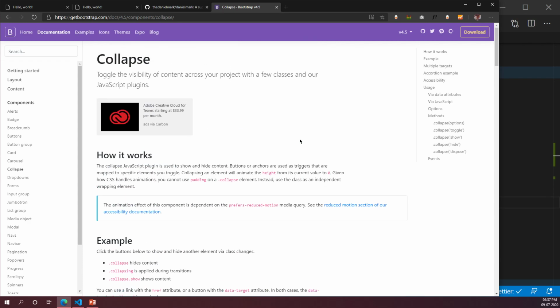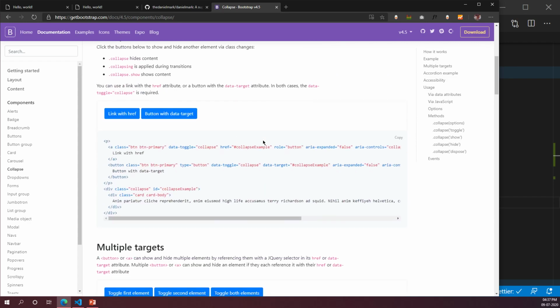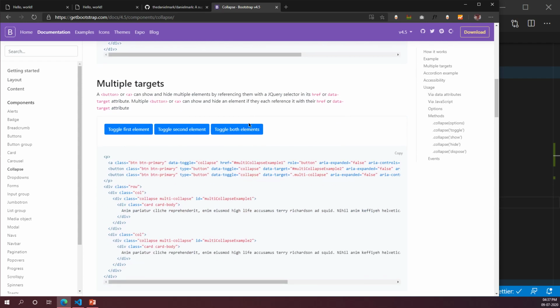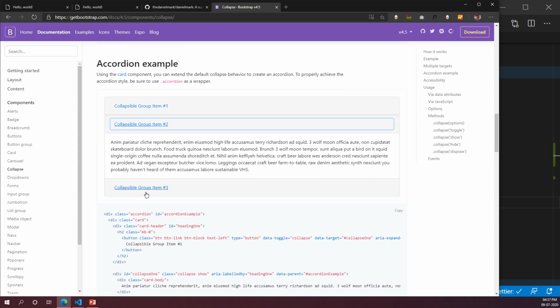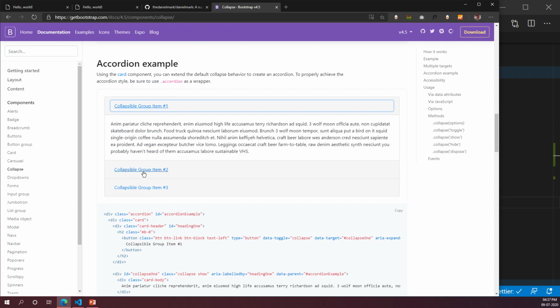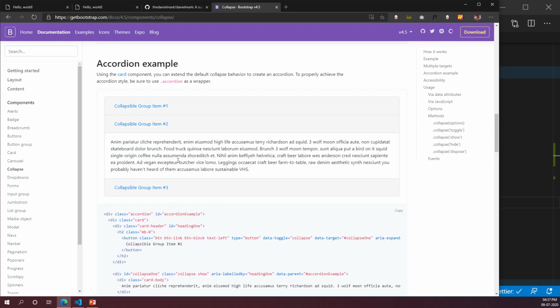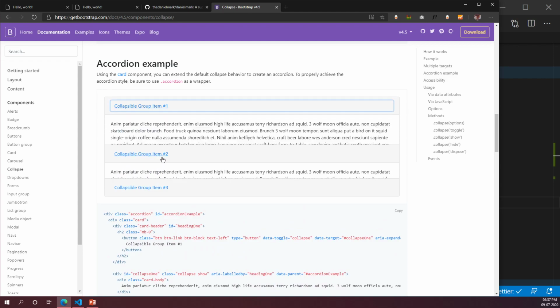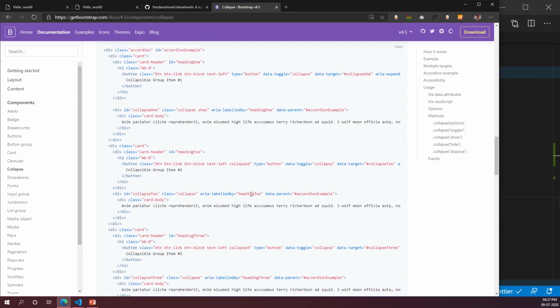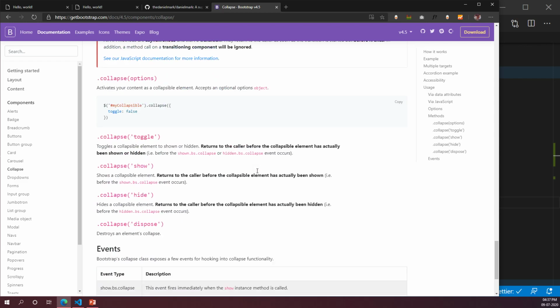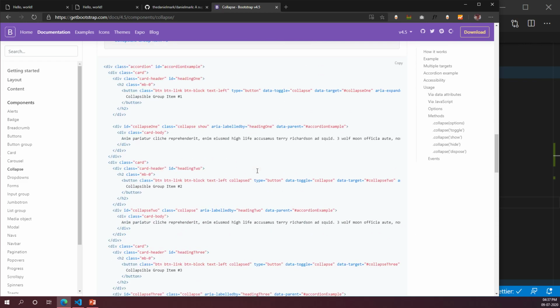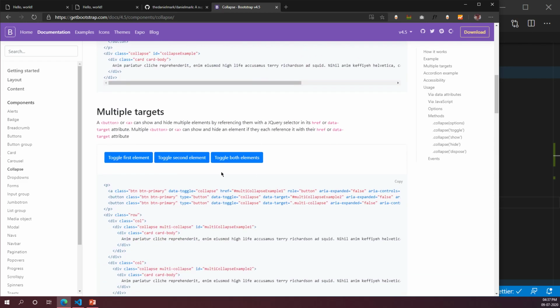So we're going to be creating something Bootstrap calls a collapse. In general, this is called an accordion. That's the generic term for this. And if you're wondering what this is, you've seen this on all websites. You click on something and then they expand or they close. That's called an accordion because it looks like the instrument accordion. So that's basically what we're going to be building. In here there's a bunch of accordions. We're going to try and do one of them.